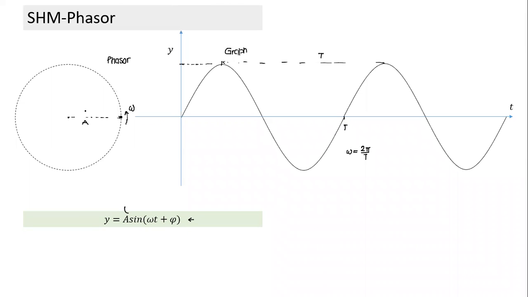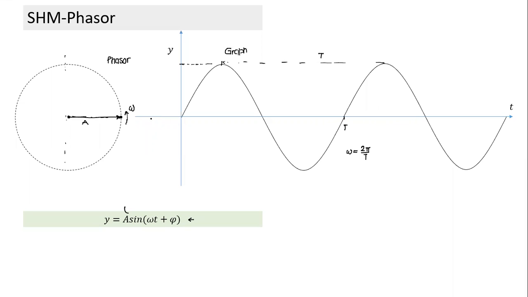You can see how it varies. If the particle goes in circular motion, its projection on the y-axis will exactly match the SHM motion. So the third way to represent SHM motion is in the form of a phasor. If I connect this particle with the center of the circle, the length becomes the amplitude. The phasor rotates with the same angular velocity, and we look at time t equal to 0, in the anti-clockwise direction.